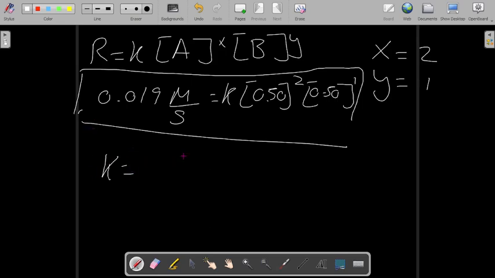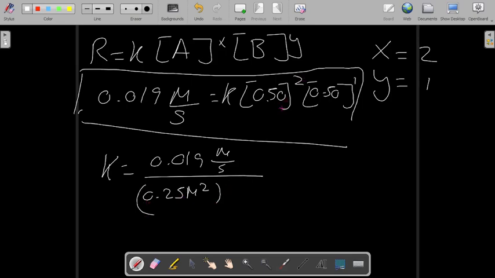K equals 0.019 molarity divided by second, divided by 0.25 molarity to the 2. Remember that these two affect the units as well. This is molarity, okay? And then this is 0.50, the molarity. And if you continue canceling things, you're going to find that you have